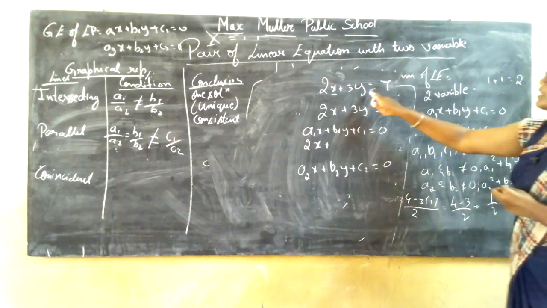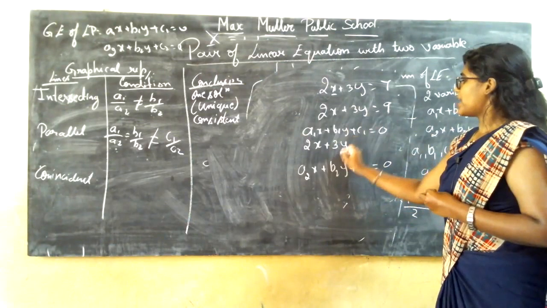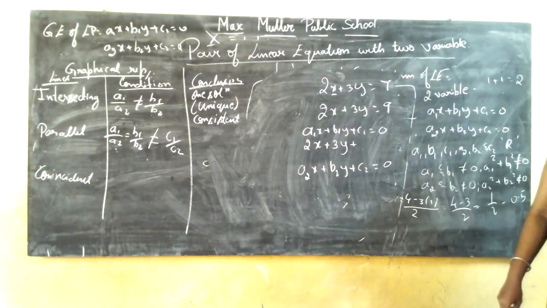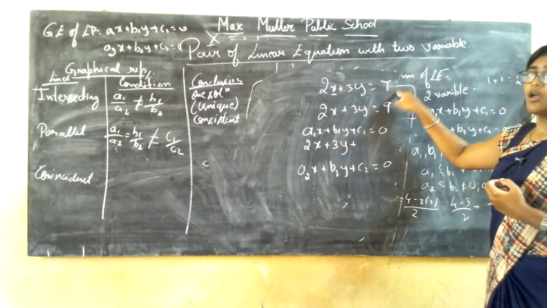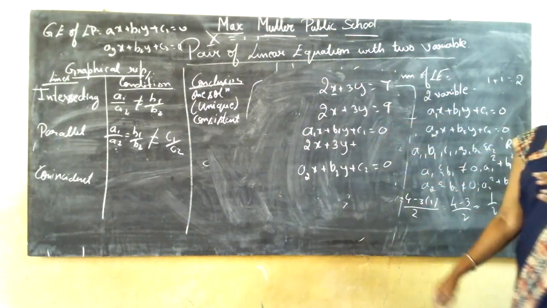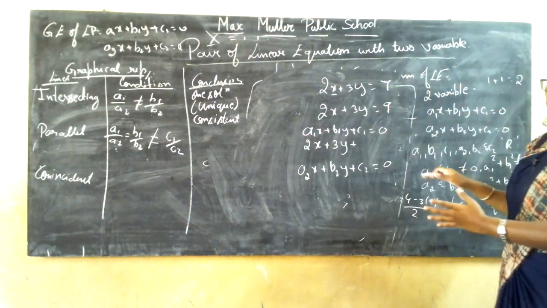Whatever number you have with the y term will be replaced with B1 and y. Whatever you have without an alphanumerical coefficient, that is, without x or y, you do not have it here. Only the constant number, you are going to replace it with c1. So it is on the right hand side. Now you are going to shift it to the left hand side.